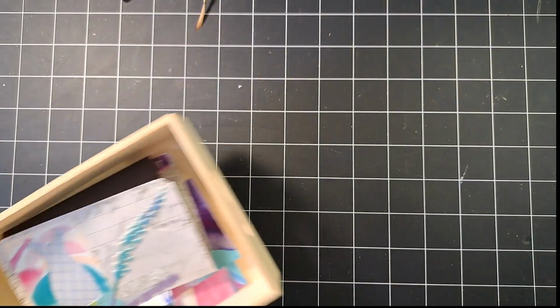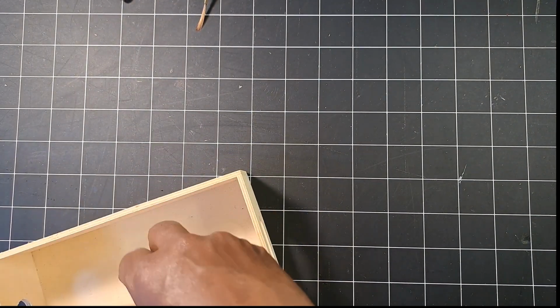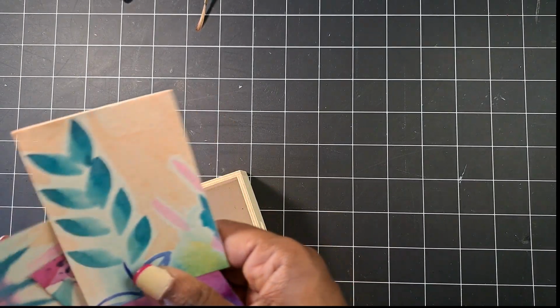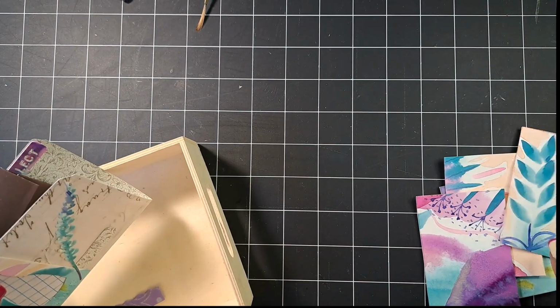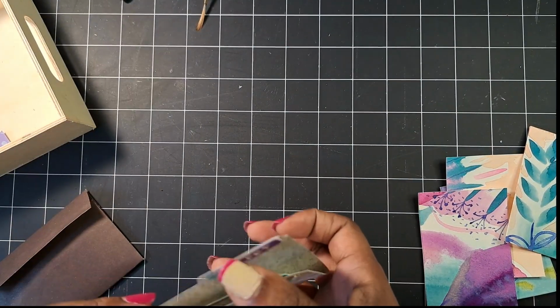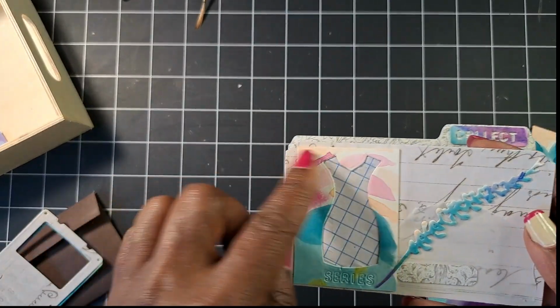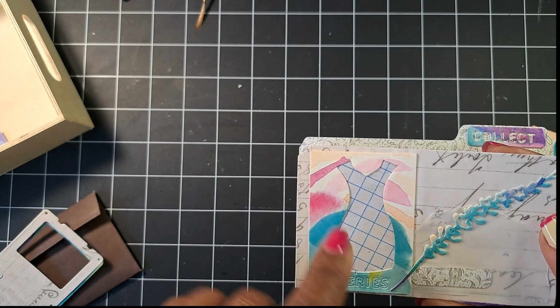Okay, now before I start to decorate the cards, I've gone ahead and die cut out. I'm going to show you the ones that I've actually die cut out. So those are the ones we're going to be working with. And I got just a couple scraps in there. But so I die cut this file folder of the scraps. I cut out this dress, backed